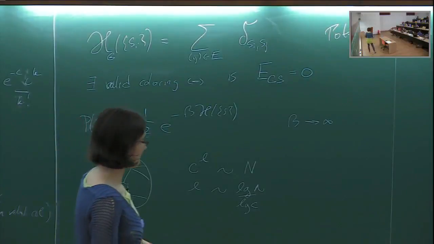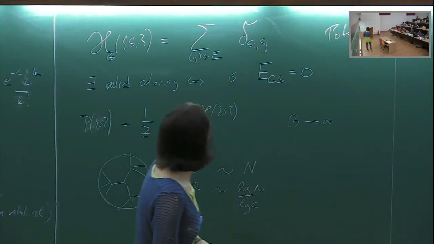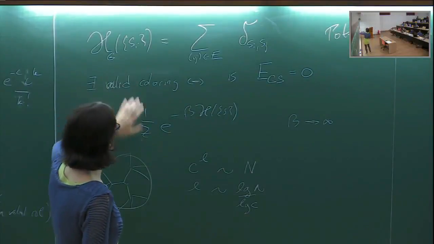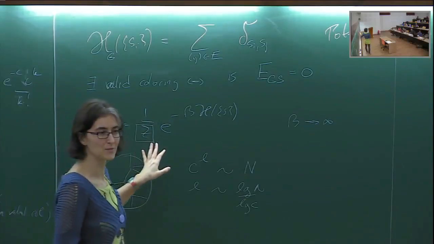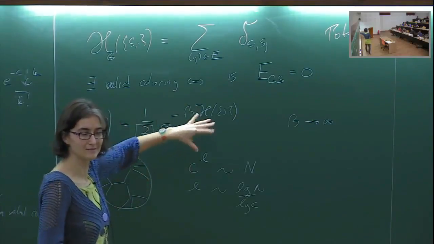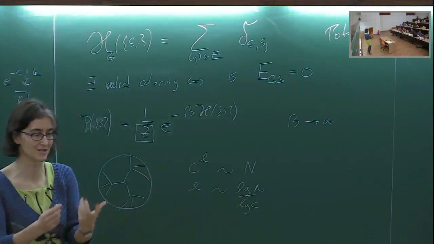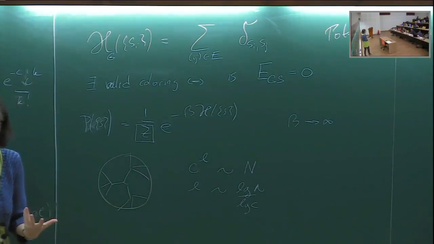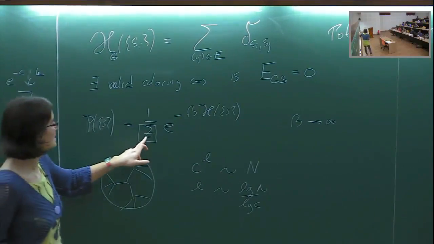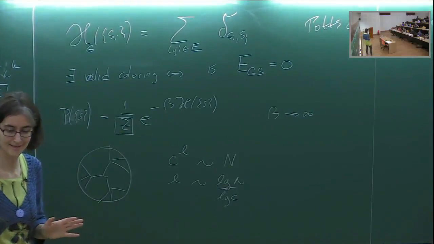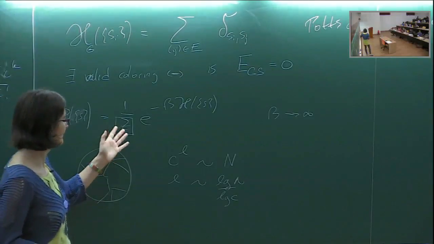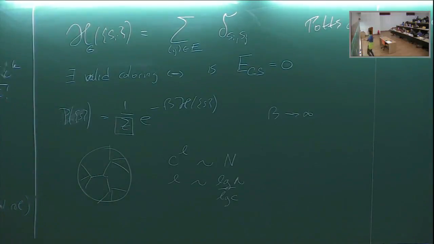So what I will do in the rest of today's lecture is tell you how to compute this partition function, which is everything you need, because from this you compute the free energy by deriving it with different variables. You compute all the local magnetizations and all the things that you need to describe your system. How do you compute this partition function on trees? That will be the rest of today's lecture. And tomorrow's lecture will be: is that correct or wrong if your graph actually is not a tree, if it is only locally tree-like? So that's the plan.